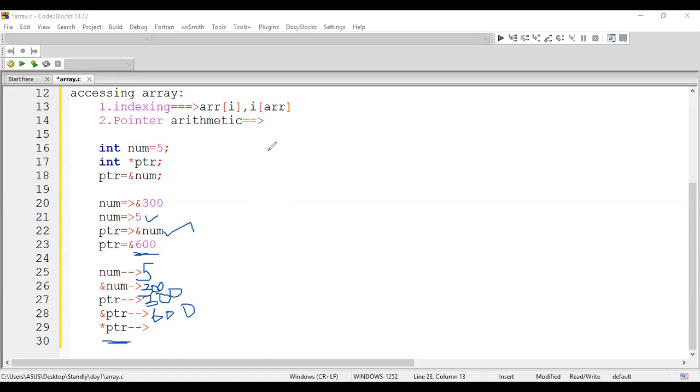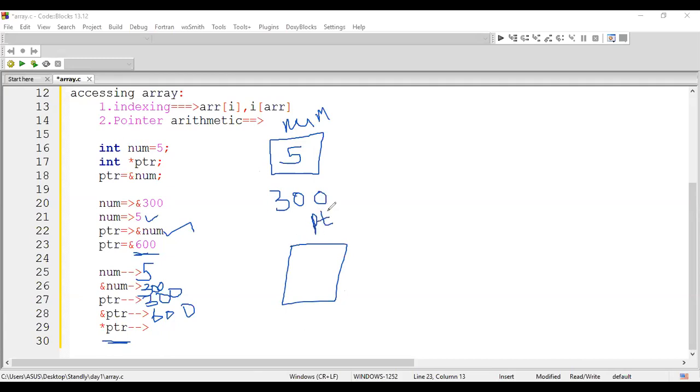The reason is, we know there is a memory location called num, and this holds a value 5, isn't it? Yes, Trinita, good. Here the address is 300, right? We have one more variable, ptr. When I say pointer, a pointer can hold only an address. So it is going to hold the address 300, and the address of the pointer itself is 600. So what did I say? If I say num, whatever is present inside num is printed. The same thing has happened here.